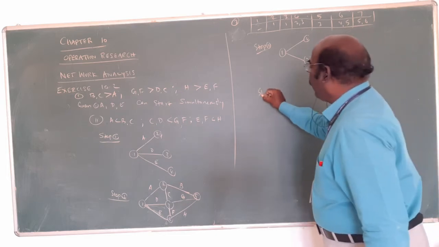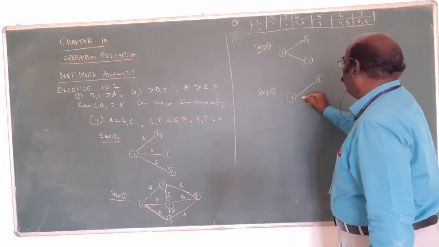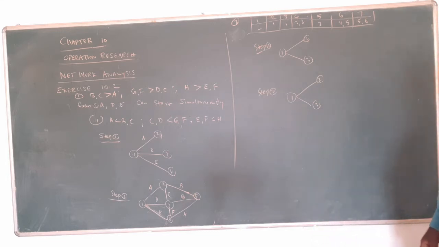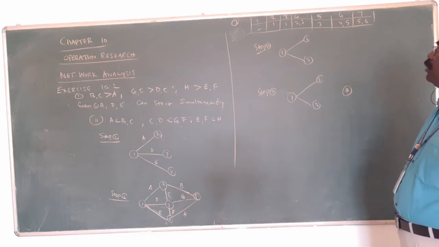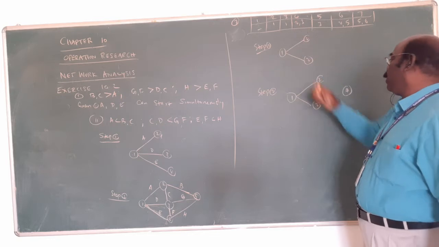Now, next step, back will answer from 1, 2, 3. Am I right? Next part. Before 2 is what? 4 and 2. Before 4 is what? Before 4 is 2, 3.